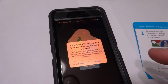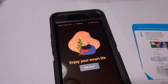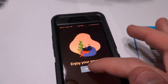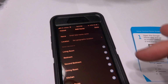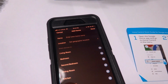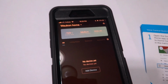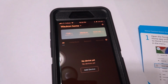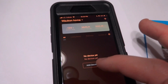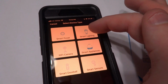It wants to allow Genie to access your location. Hit allow, and then hit add home, and you can name your home location. After you did add home, it pulls up the location, temperature. You hit add device, and you are adding smart lighting,